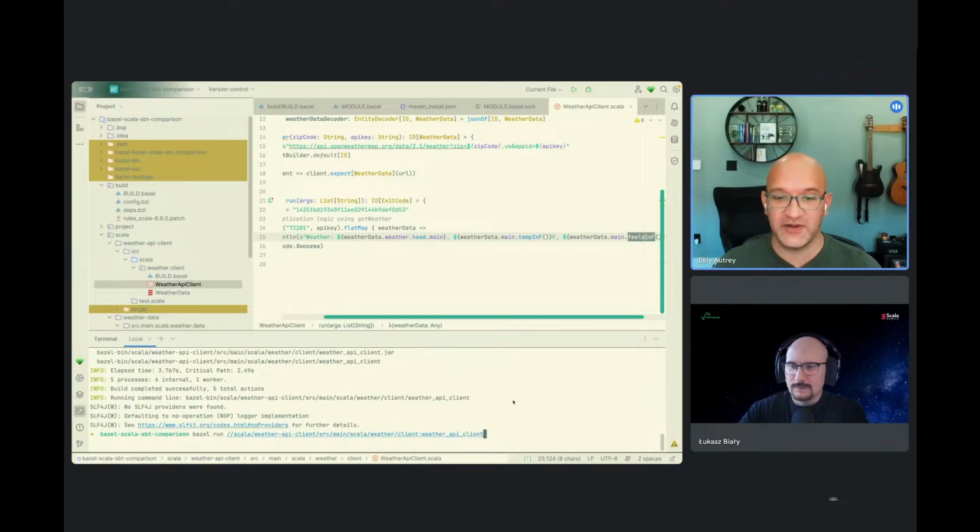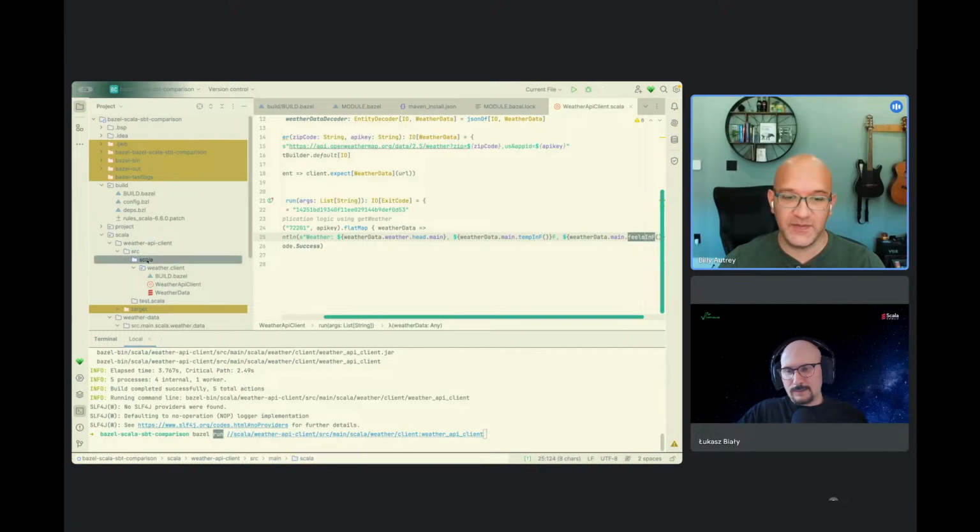But go back to my terminal, and what I'm doing here is Bazel run. This double slash is a Bazel shortcut for the root of my workspace. And then I'm printing out the whole path to this code: scala, weather API client, source, main, scala, weather/client.